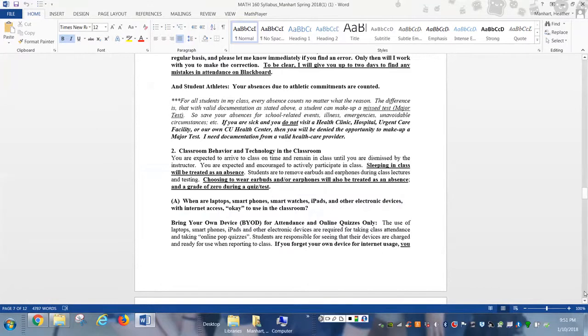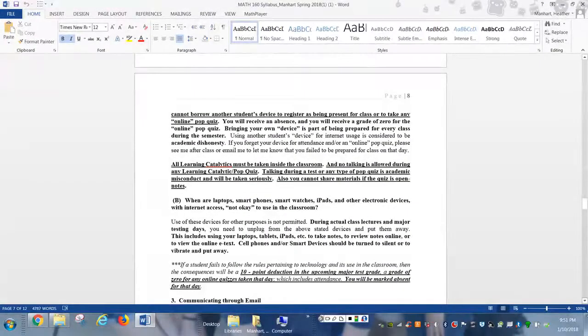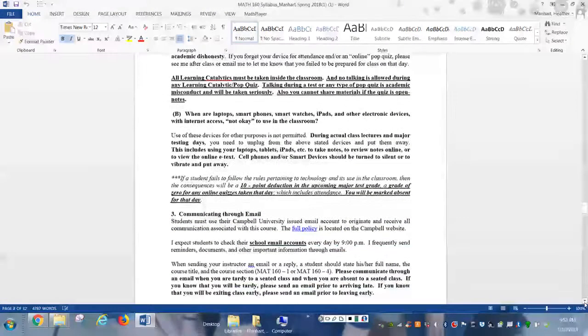Going back to the syllabus, if you have your technology out after I say put it away, or even if I forget to say put it away, you should only have it out to take attendance and take the Learning Catalytics. You should know to put it away after those. Most of the time I like to say, please put those items away. If I catch you sleeping in class, or having your earbuds in during testing or lecture, or if I catch you with your devices out, I'm going to have a seating chart, so I'll know these things. Definitely your names and your faces, and those people breaking the rules and policies, those walking out of class. I'll know everything.